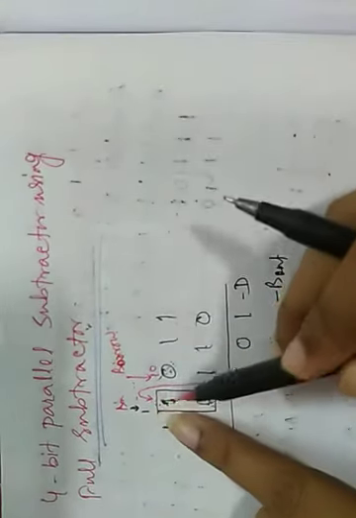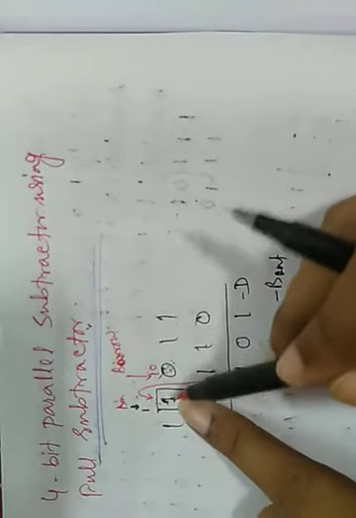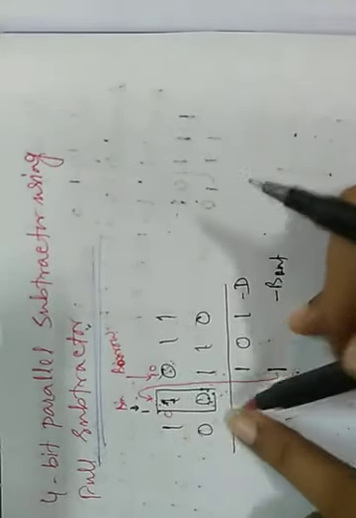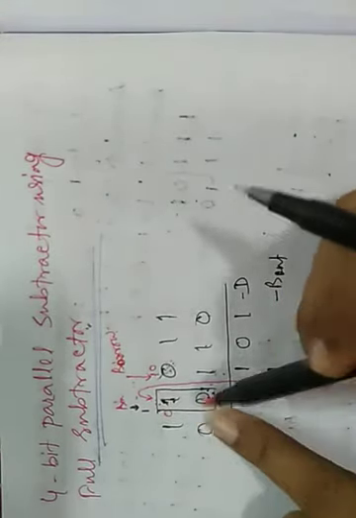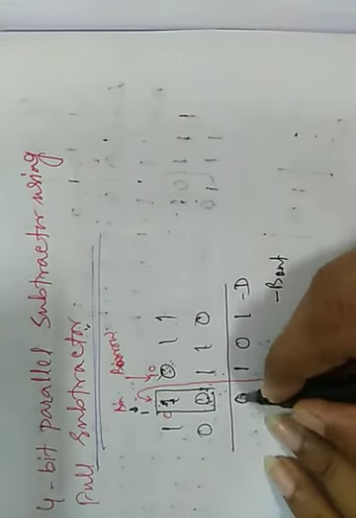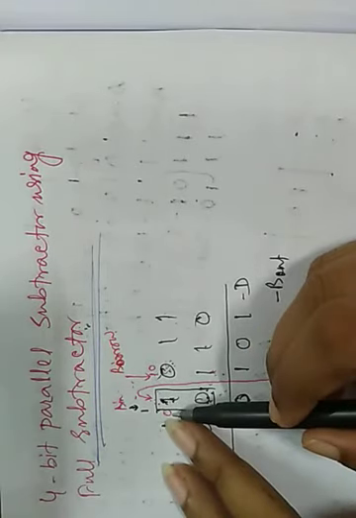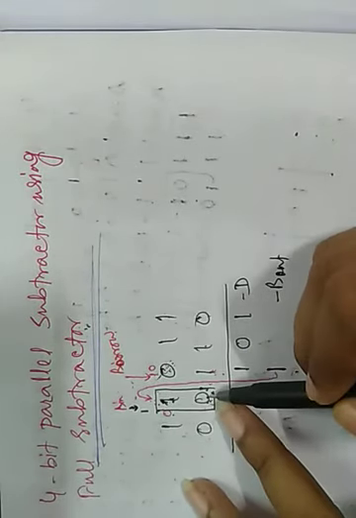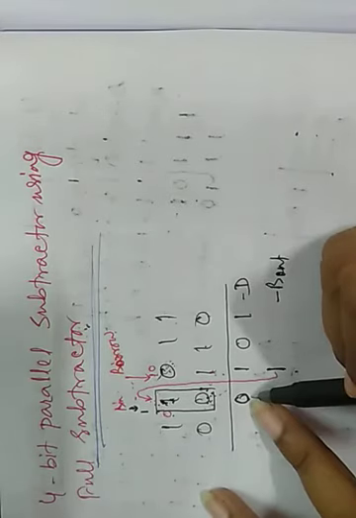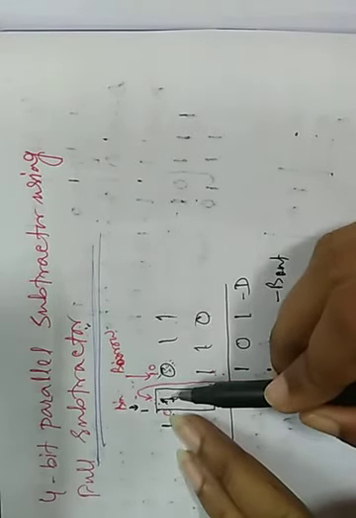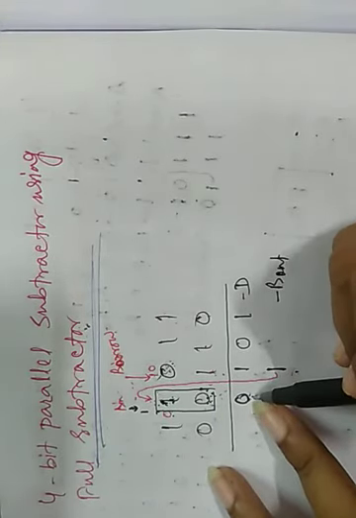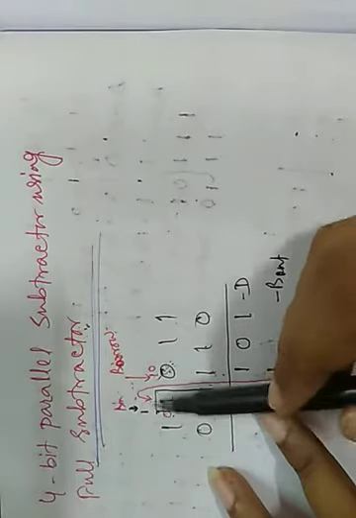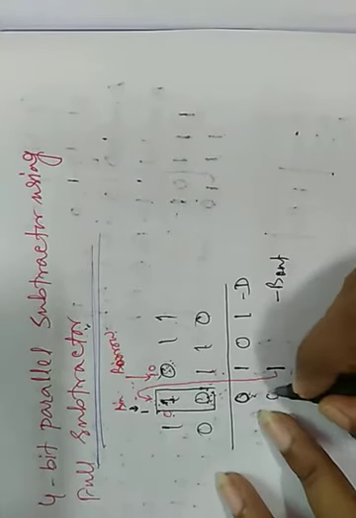So either we can subtract 1 from 1, that is 0, then it becomes 0 minus 0, 0, or we can add 1 with 0, that means 1 plus 1 is 0. Whatever operation we perform, ultimately we get the result, difference is 0. If we add 1 with the lower bit and then subtract, we also get 0. If we subtract 1 from the upper bit, we also get 0. So ultimately the difference is 0.